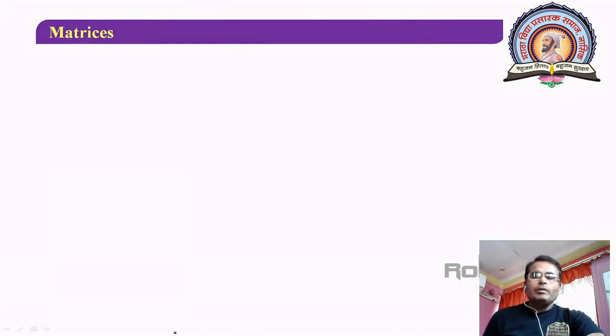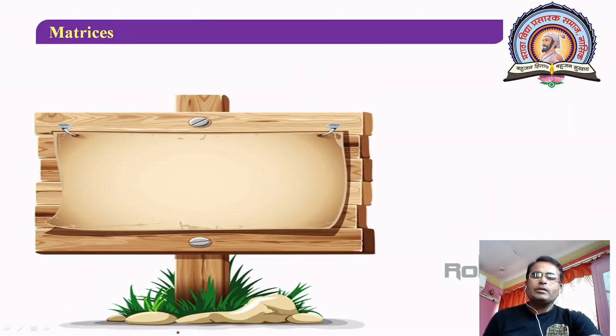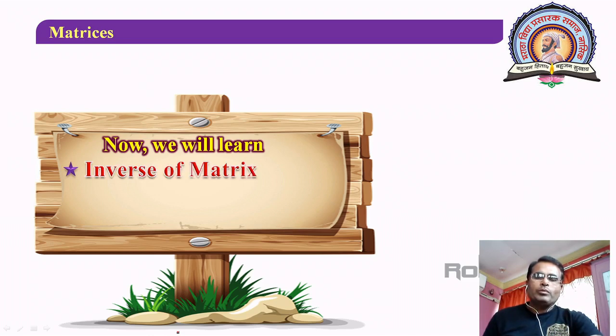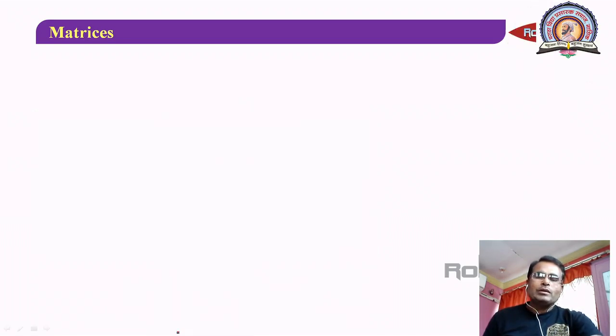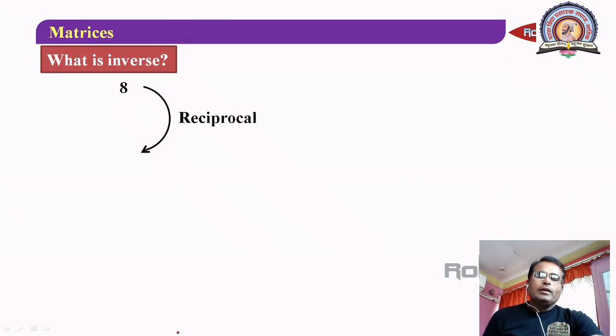Now the next concept is the concept of inverse of a matrix, and we have seen that elementary transformations or elementary column transformations can be used to find the inverse of a matrix. But before that, we must know what the concept of inverse is. So now we learn first the concept of inverse of a matrix. To understand this concept, consider one simple example. Suppose we consider here an element 8. Then its reciprocal, we know, is 1 by 8.